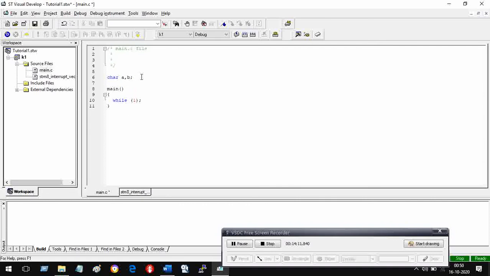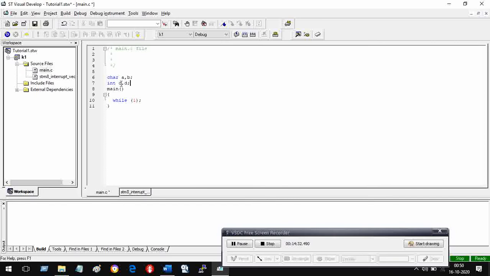Now I also define one int. It is an integer, which means it is a 16-bit number or 16-bit variable. So here I have C and D, semicolon. You have to give a space. This is the type identifier int, then there is a space, then the names of variables.